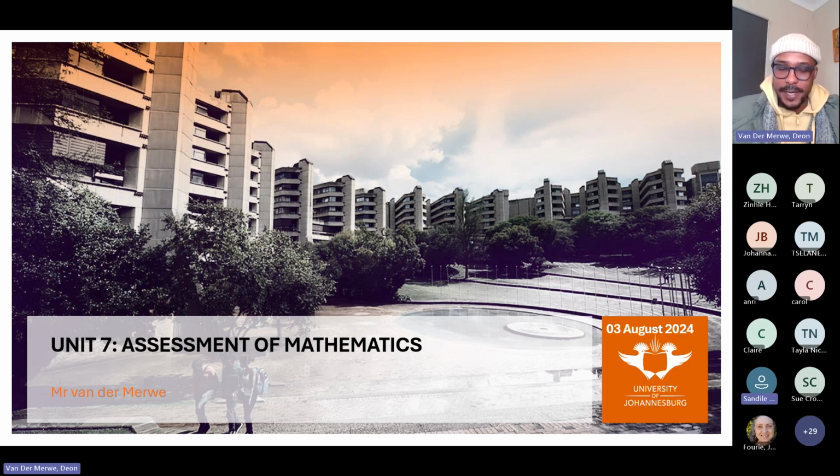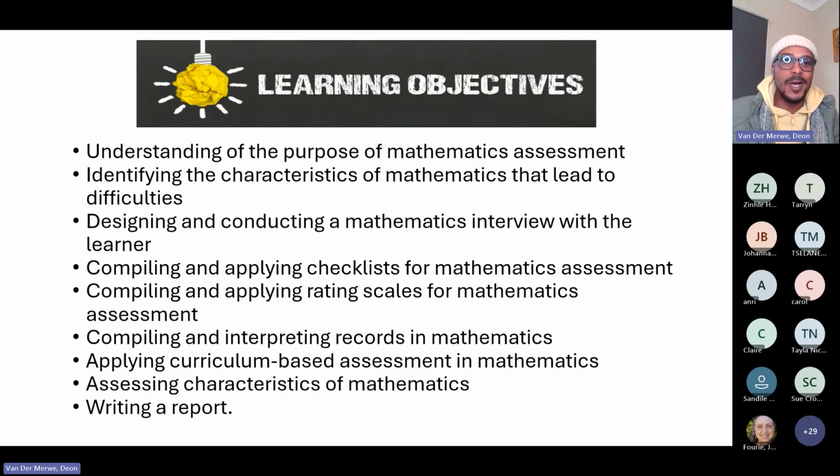Good morning, everybody. I hope that you are well. Today we will be looking at assessment of mathematics. But before we start, I just want you to navigate towards your chat box and just